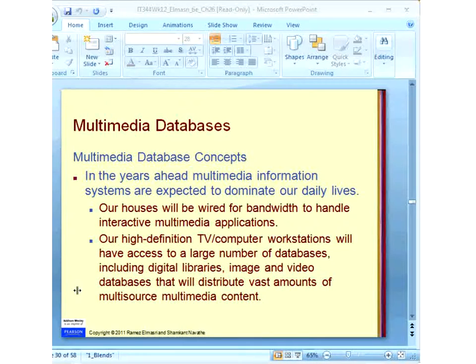In the years ahead, multimedia information systems are expected to dominate our daily lives. Our houses will be wired for bandwidth to handle interactive multimedia applications. When I say multimedia application, it means that applications will be interactive. You will be giving inputs at runtime, and